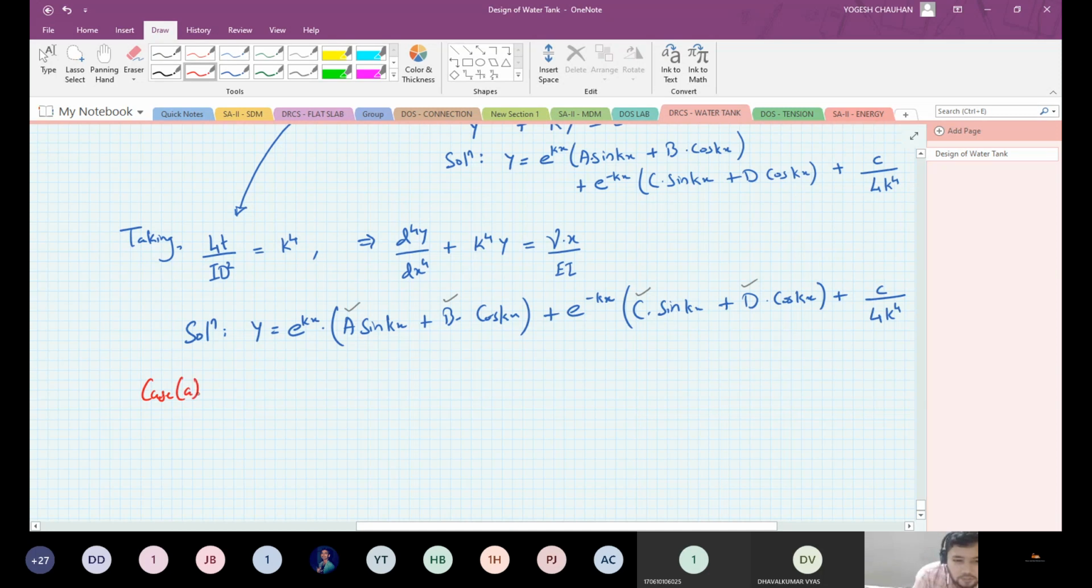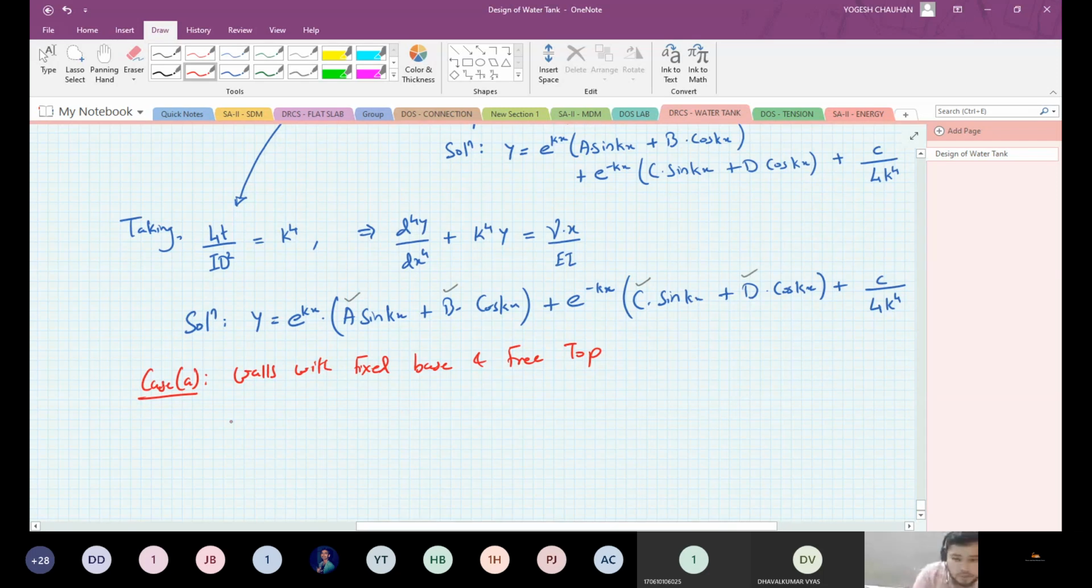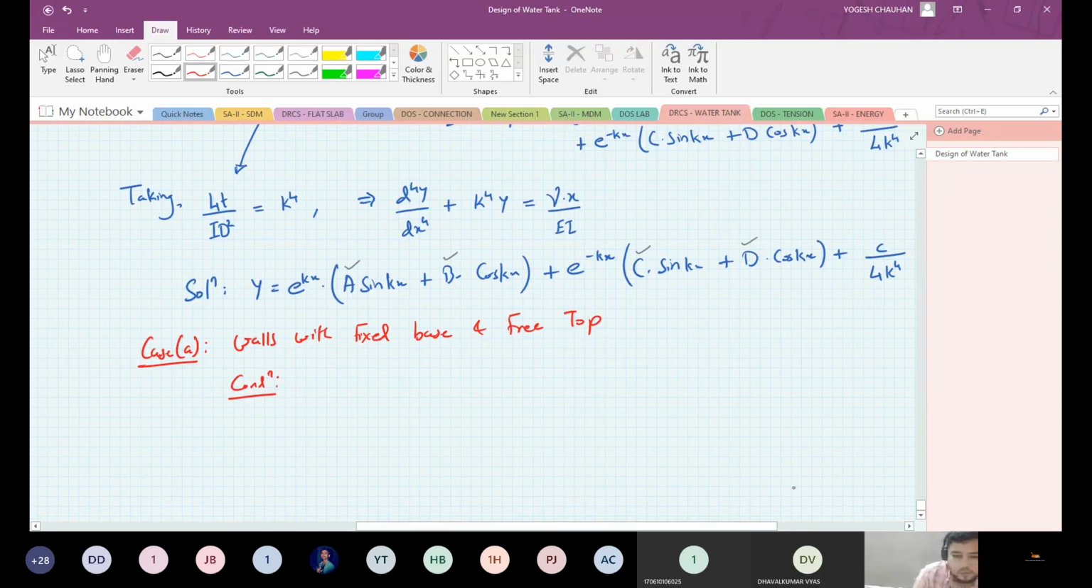So let us take the first case, that is walls with fixed base and free at top. Okay. So for this condition, the first expression is